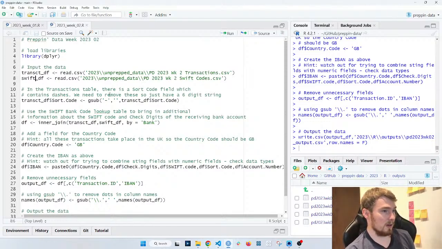So we used gsub, which means global substitute. Find that dash and replace it with nothing, and then apply it to that sort code column. We removed the dashes and then reassigned it to the sort code column, so we overwrote it and it didn't have any dashes.